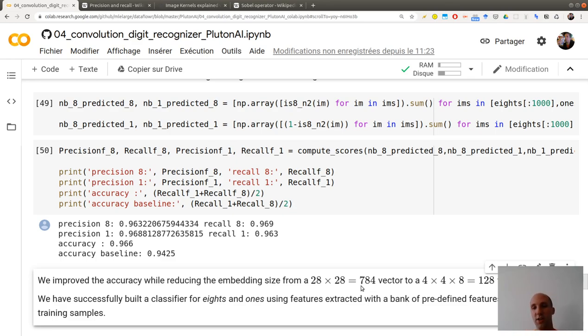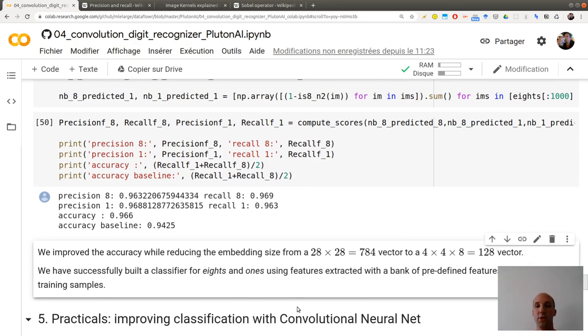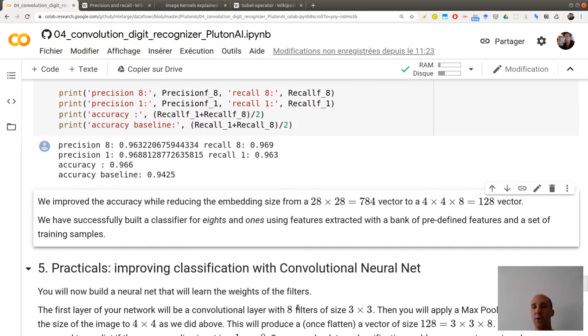Now each image is represented by 8 images of 4 by 4, which is a much smaller vector. So you are able to compress your images while keeping the relevant features in order to do classification.